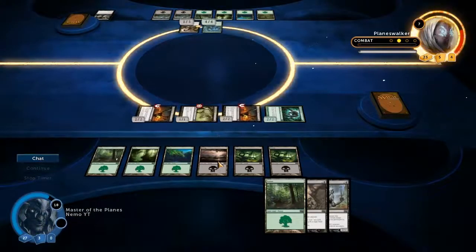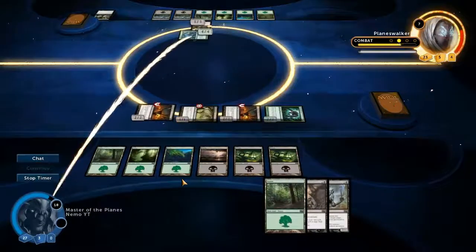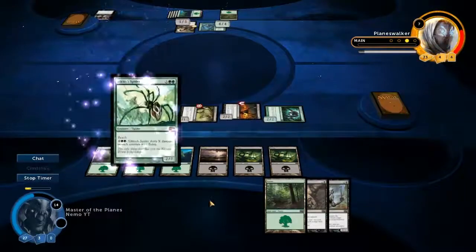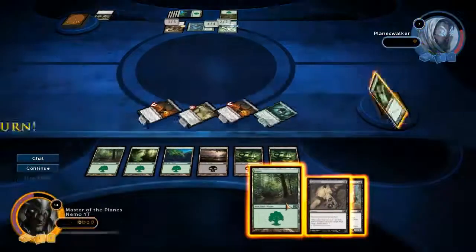Replaced by AI. That's unfortunate. I don't know why he would do that on my turn if I don't play anything. Like, it seemed like he just had connection issues. Yeah, he has Silklash Spider, so...